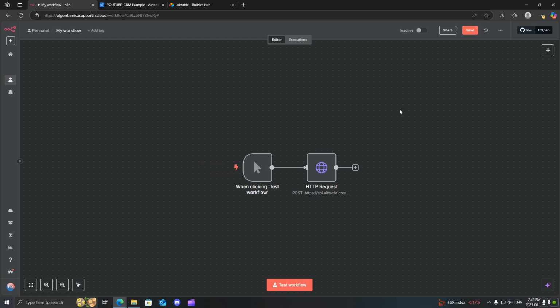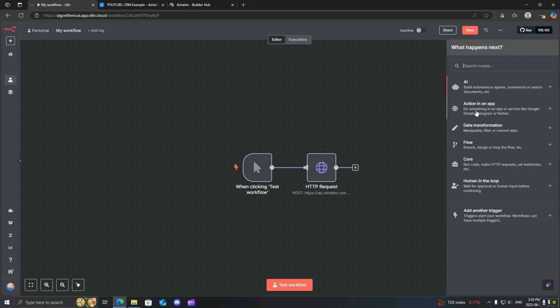I'm going to be showing you what is the best way to create a secure credential inside of n8n. This is very important, especially if you're creating workflows for clients and you want to make sure that their data is not getting leaked. So let's say, for example, you are using an application that does not have a pre-built